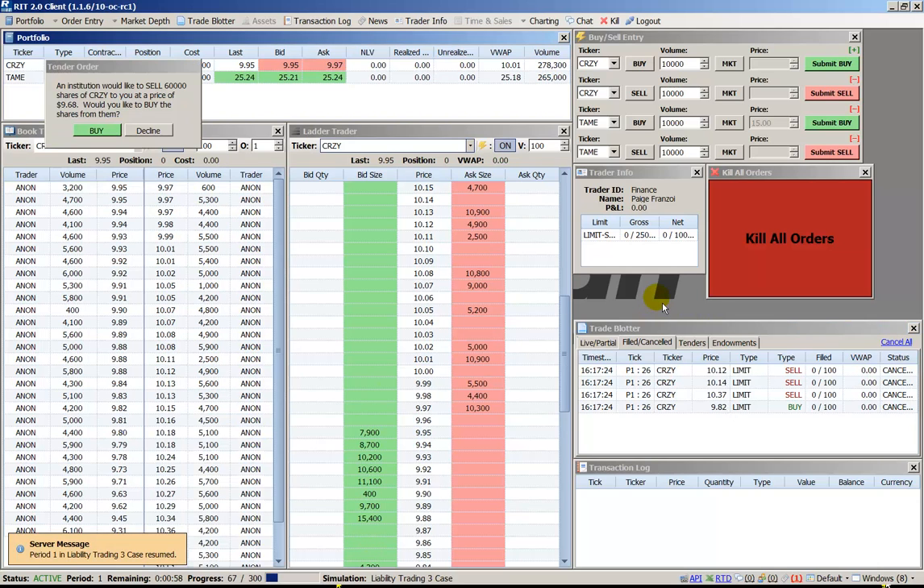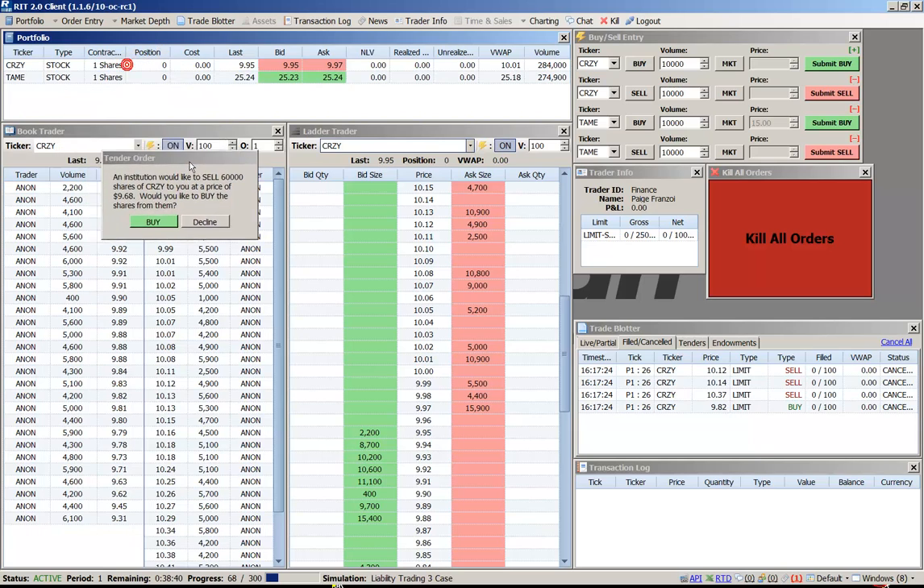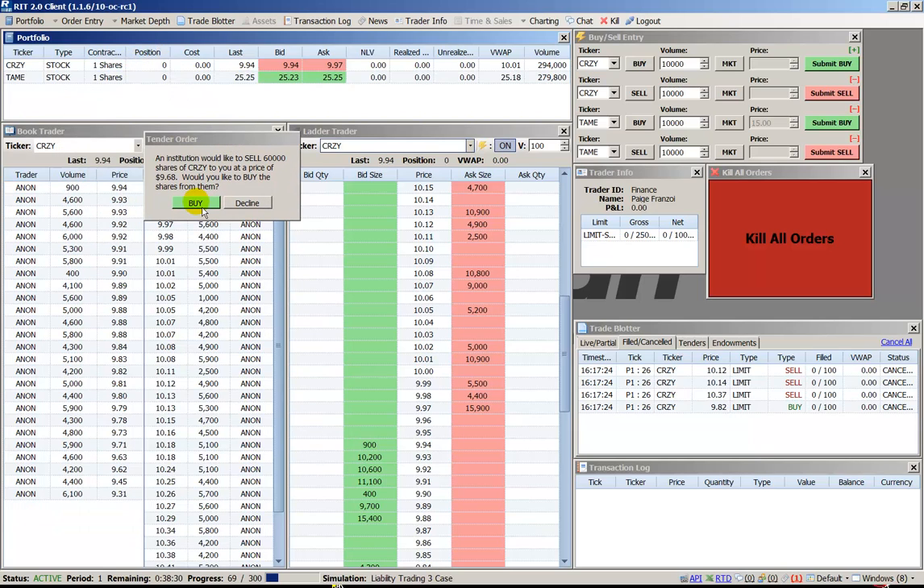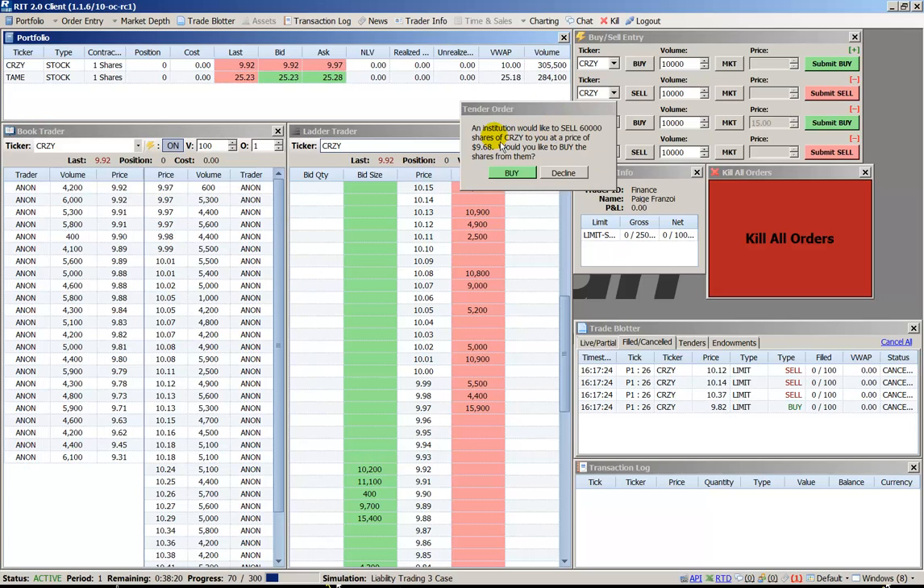We can see that a tender order has just appeared. It says an institution would like to sell 60,000 shares of Crazy at a price of $9.68. If we would like to buy these shares, click Buy. If you would not like to buy these shares, you can decline the order like so. If we choose Buy, like so,